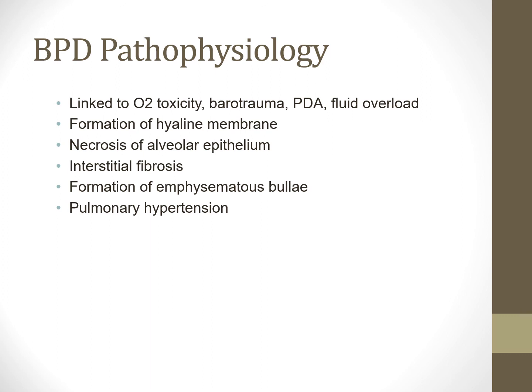Patent ductus arteriosus, if that's open, then it's a left to right shunt as long as they don't have pulmonary hypertension. So if it's open, it's a left to right shunt, which means fluid overload, which means diluting surfactant in their lungs. So they will then be more likely to form hyaline membrane. They'll have the tissue in their alveoli, the type 1 pneumocytes, will start to cause necrosis and start to die